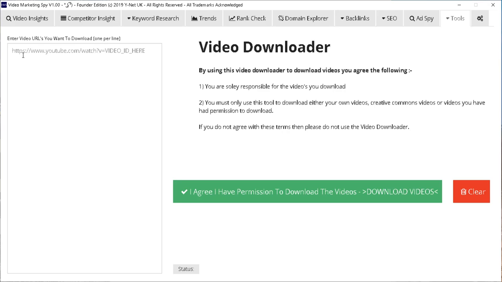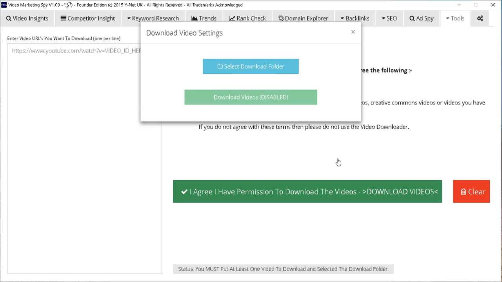You can put in your video, as it says there, one per line. So you put the whole thing in, including your video ID at the end, one per line, and then you basically click I agree I have permission to download the videos. Download video. So once you click that, then we're going to do, just to make sure that you do agree,